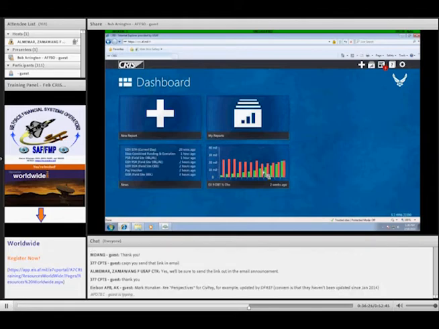Yeah, they were asking about printing, and I told them they're still working on printing, but one of the guys gave them a real good idea of using the snipping tool. And if you're not familiar with the snipping tool, it's a part of the Windows operating system.